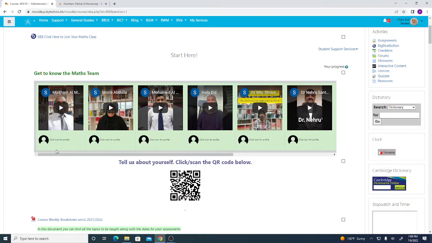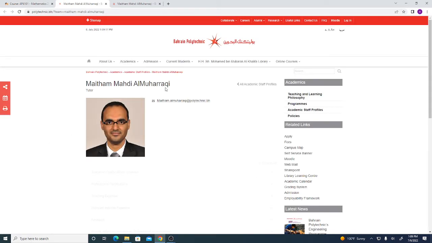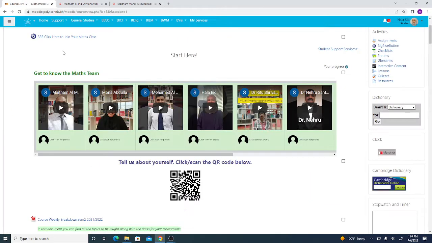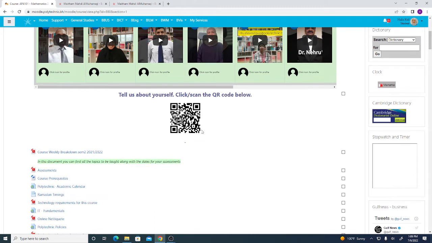If they want to know more information about a specific tutor, they can click on the icon here and it will take them to the profile page where they can read more information about the tutor and can see their email address. As an introduction by the students about themselves, here is a scan QR code that they can click